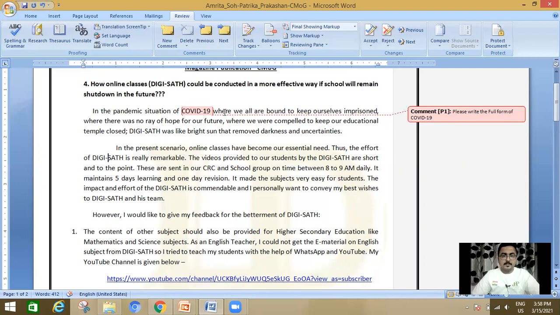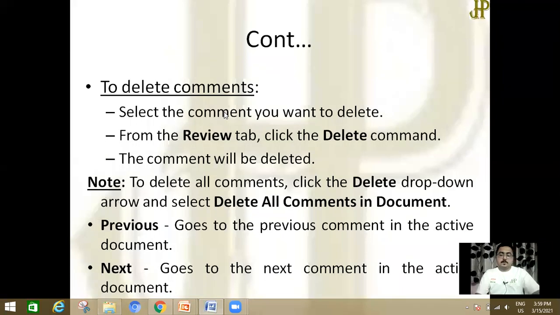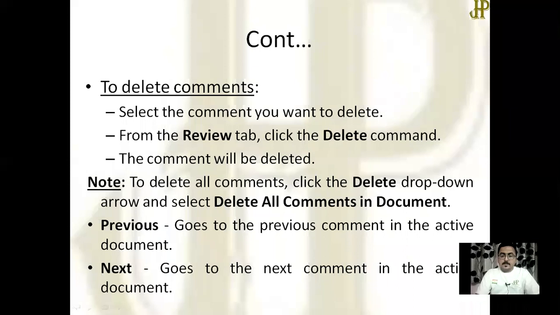Now the researcher can see the feedback given by his or her guide. Through this, you can give suggestions. So I think the comment group is also very clear to you.